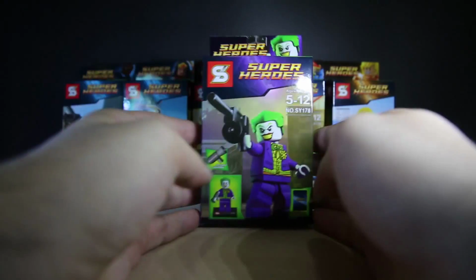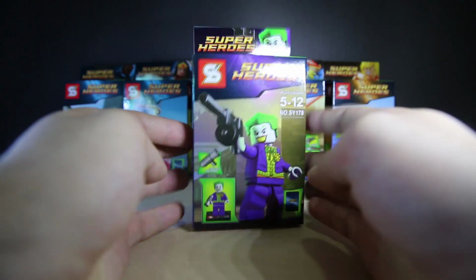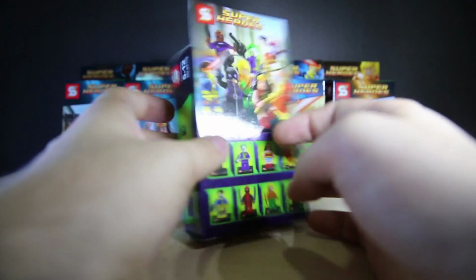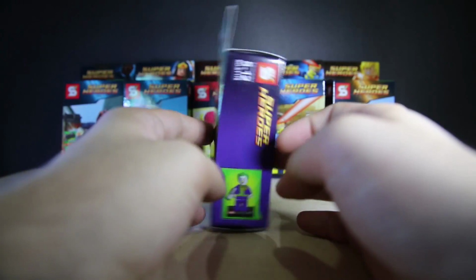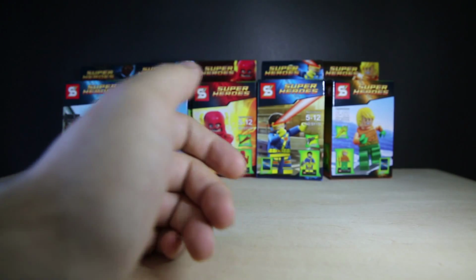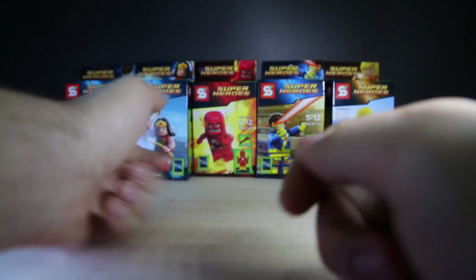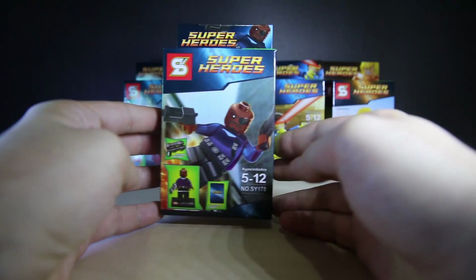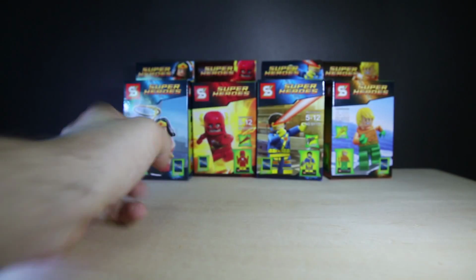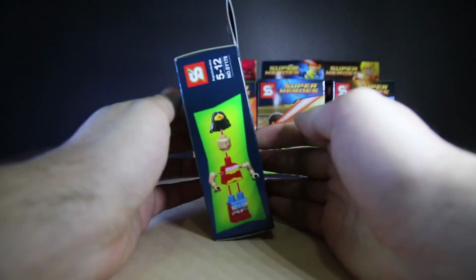Now you have the Joker, again a slightly different kind of Joker from the previous one that they released. This follows like a second look of Joker, I believe. Ooh, I guess everyone can already see the most interesting one. Nick Fury, Wonder Woman,